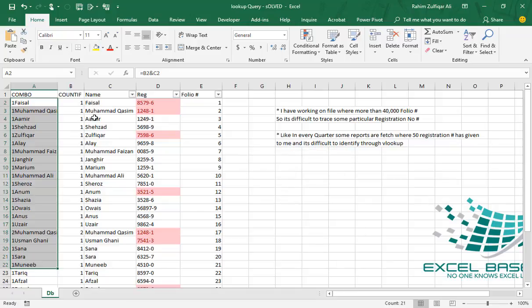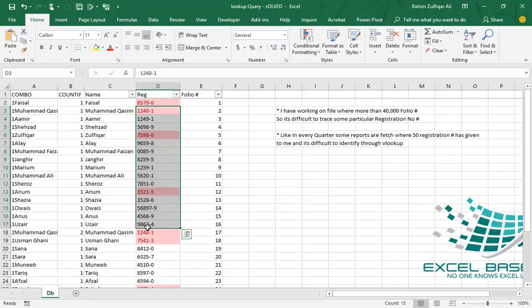So we have duplicates in the name column, we have duplicates in the COUNTIF column, but now we don't have duplicates in the combo column. These are the unique values, and from this column we will extract the results of the repeating values, either in the registration number or somewhere else.